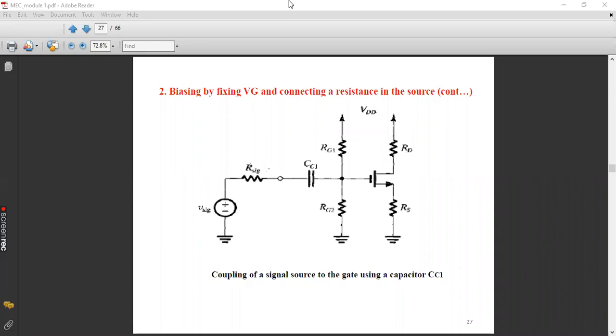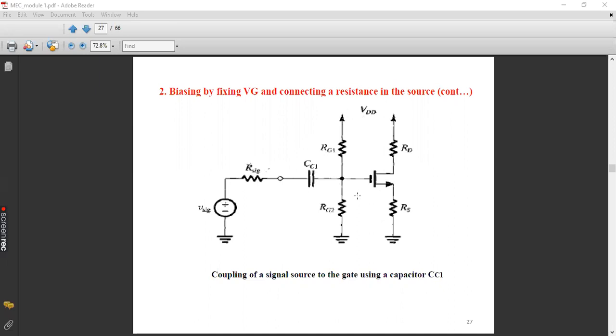Now, what is the requirement of CC1? You know that a capacitor will pass AC and block DC, isn't it? Even though we are giving an AC signal for amplification, it will still have some unwanted DC components coming along with the input AC. If we are not using the coupling capacitor CC1, there is a high chance that these DC components will interfere with the biasing voltage you have set earlier.